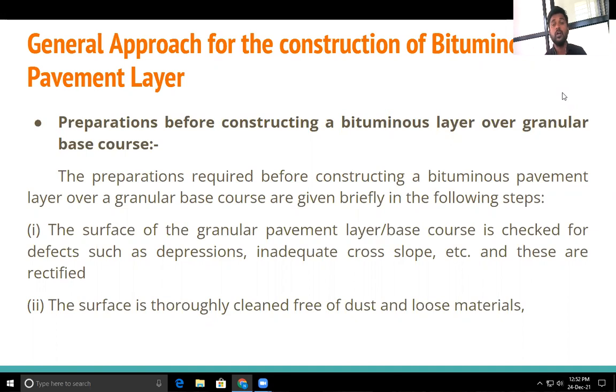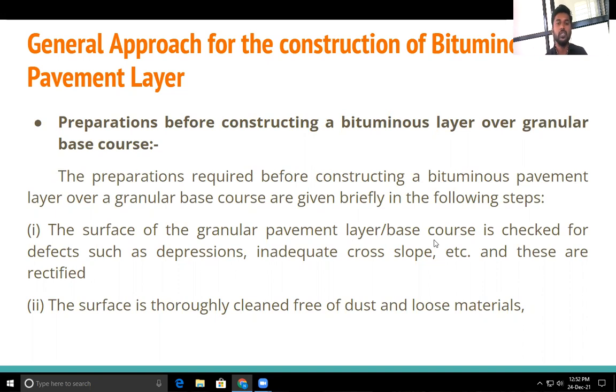Also, we have seen some quality parameters that we need to maintain during the construction of the road. What are these quality parameters: up to what thickness we need to go, up to what optimum moisture content we need to go, up to what the dry density should be maintained. How the undulations of the road, up to how much size the undulations are permissible. That limits also we have seen.